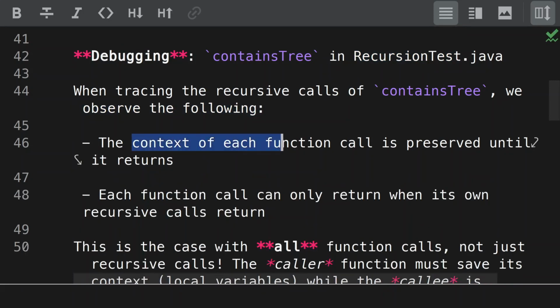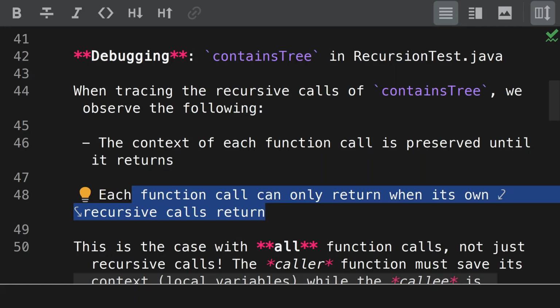The context of each function call is preserved until it returns. Every time we recursively called contains tree, we added another frame to the list of frames. Every time we returned from one of those calls, that frame was eliminated. Each function call can only return when its own recursive calls return. The very first call I made to contains tree for the entire tree, that is just the plain root variable,